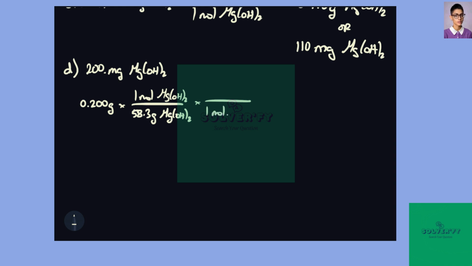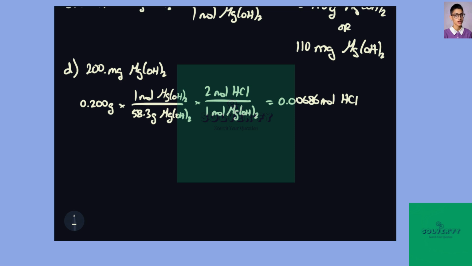And 1 mole of magnesium hydroxide reacts with 2 moles of HCl. This would yield 0.00686